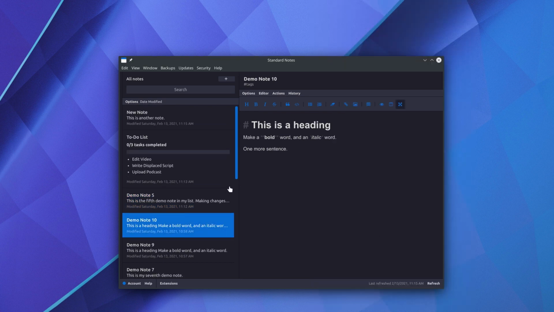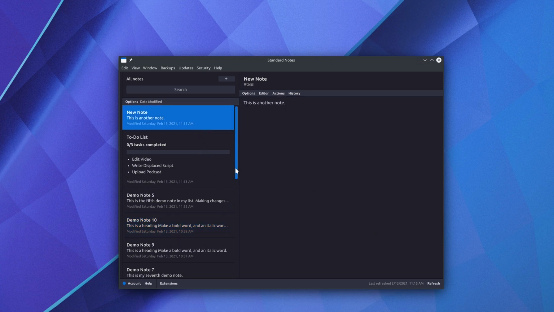Now the last thing I want to show you in this video is what happens when Standard Notes fails. What happens when it crashes? Like I said toward the beginning of the video, one of my top priorities is reliability of the syncing system and not losing data when things go wrong. I mentioned that you can edit notes offline. What happens if you edit the same note offline on several devices, and once they go back online, they now have conflicting notes? I could show you that, but instead I'm actually going to show you Standard Notes on my